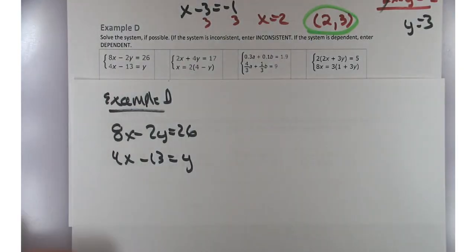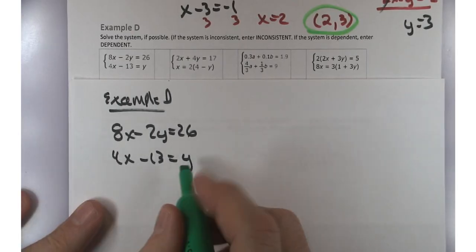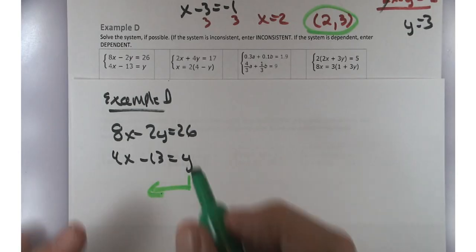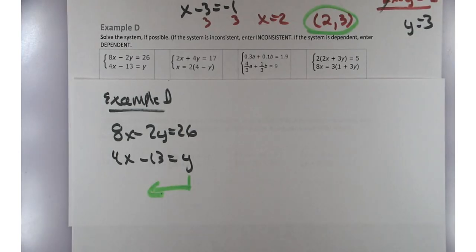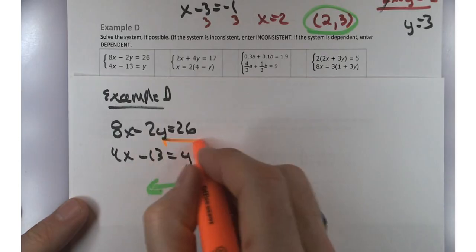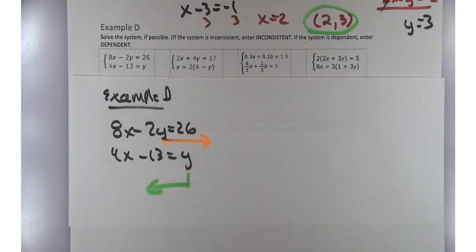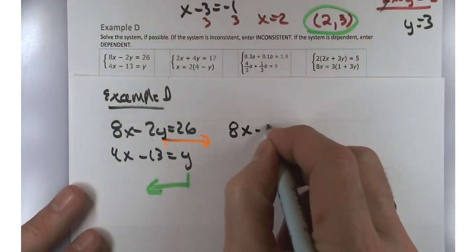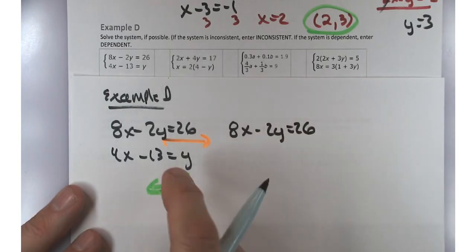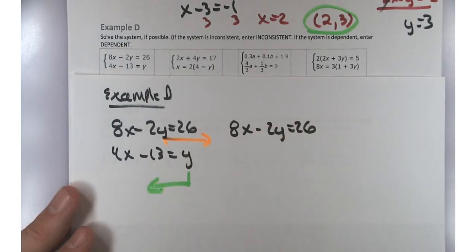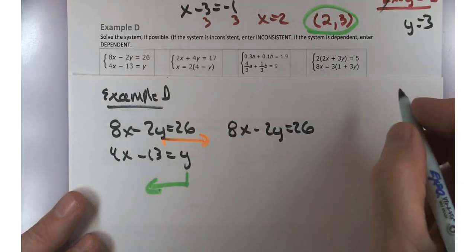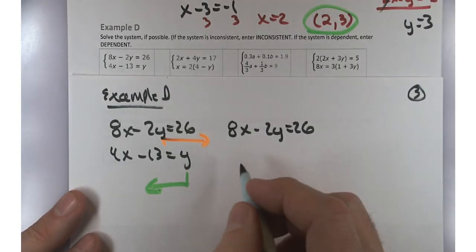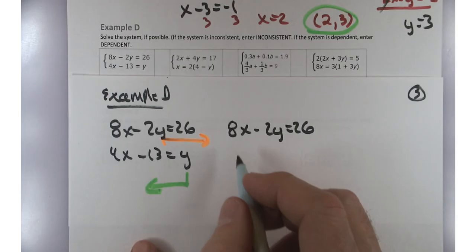In the previous problem, I had x's and y's all lined up nicely. So let me move the y to this side and the 13 to the other side. I'm going to leave the first equation alone: 8x minus 2y equals 26. But when something changes sides, what else changes in it? Signs. Good. So what's our new equation here? 4x minus y equals